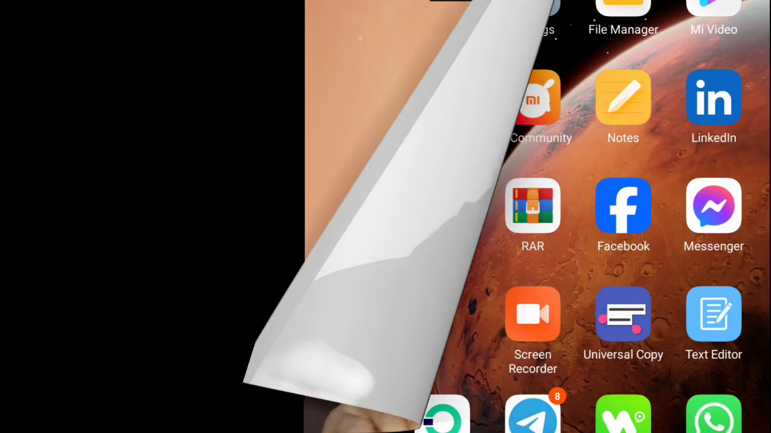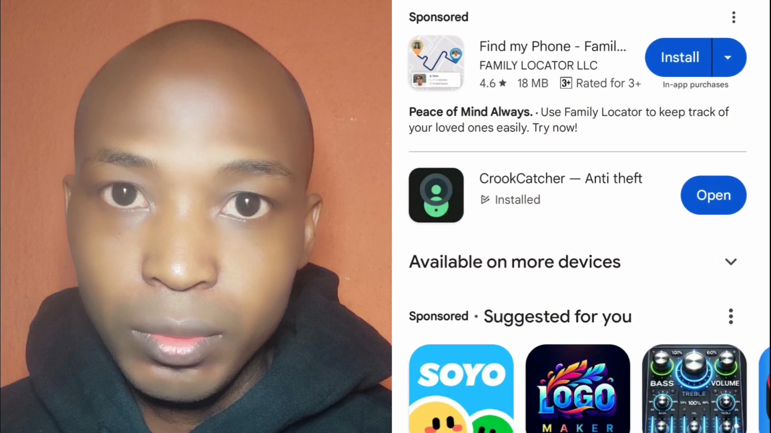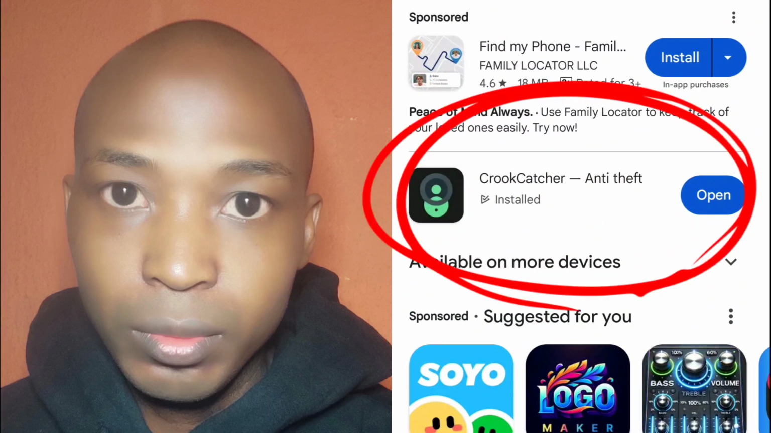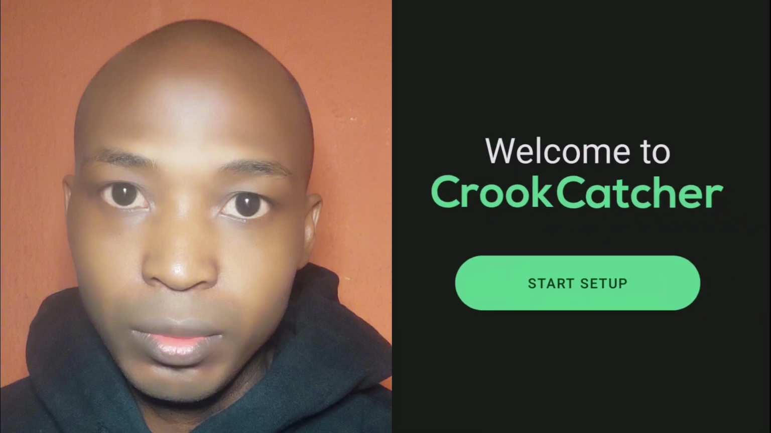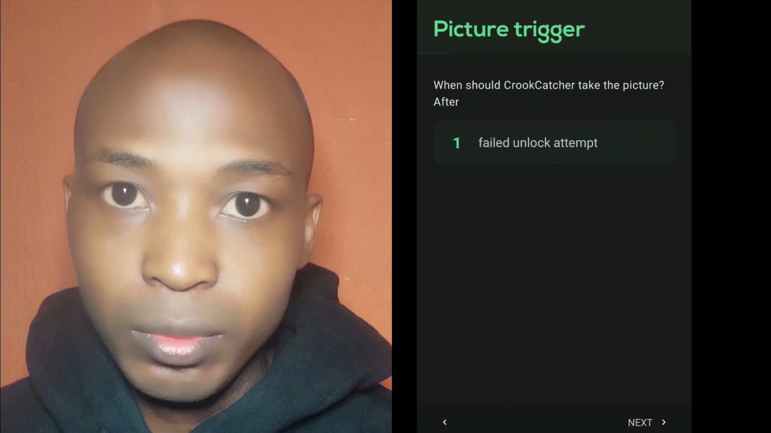So let's dive into the session. Go to your Play Store and search for the app you are seeing on your screen. Then you install it on your phone, but I've already installed it, so I'm going to click on open. It will take you to this interface. You click on start, then it will bring you to this point. The next thing you will do is click on next,